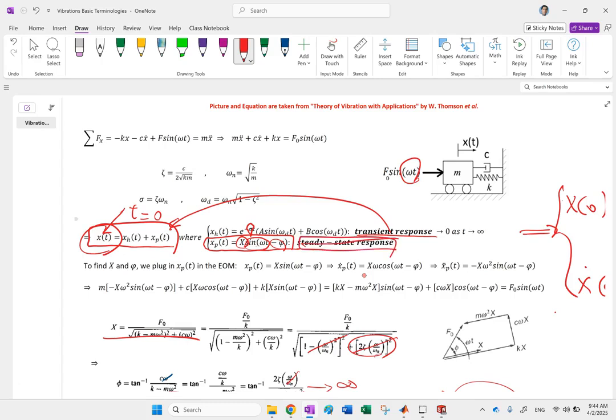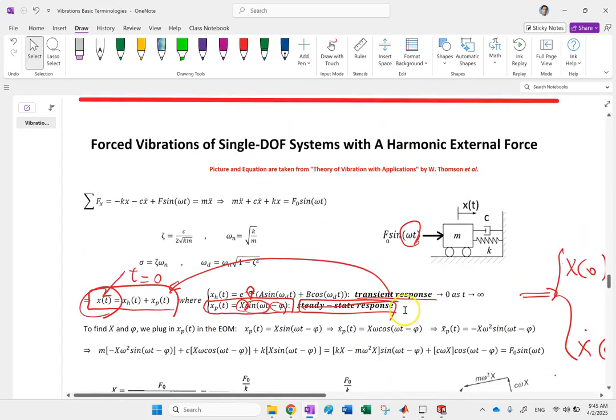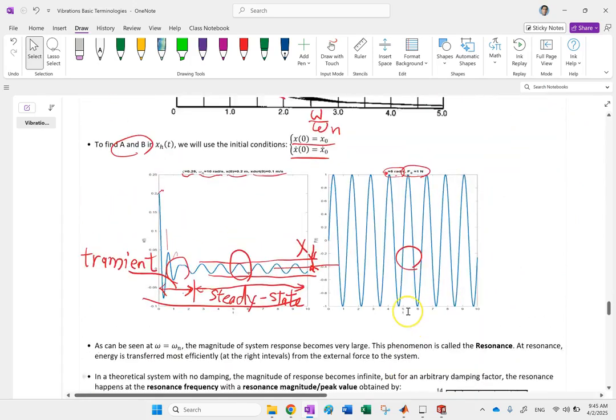Okay, so if somebody says, what is the transient response, what is the steady state response, you can answer. The portion where the homogeneous solution still exists is transient. The portion that is almost 0, where you're only down to the particular solution, that is your steady state response. And that is the part that stays regardless of how big the time can become. Okay, so this is